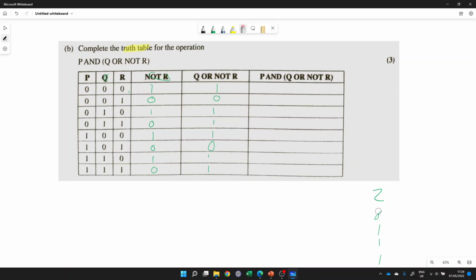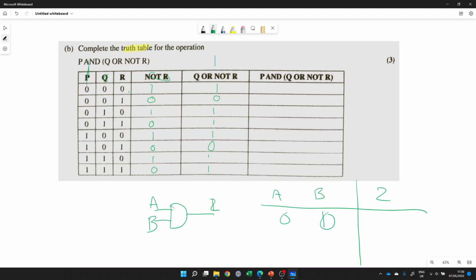Oops, I wrote a Z. Normally you write A, B, and Q, but Q is one of our inputs here. It doesn't really matter what it's called, as long as you know if it's an input or an output. Both inputs off, B on, A on, both on. So for an AND gate, I need A and B for my output to be on. So the only time when the output is switched on is if I have both inputs switched on down here. So with that in mind, I'm looking for a time when column P, that's this column,